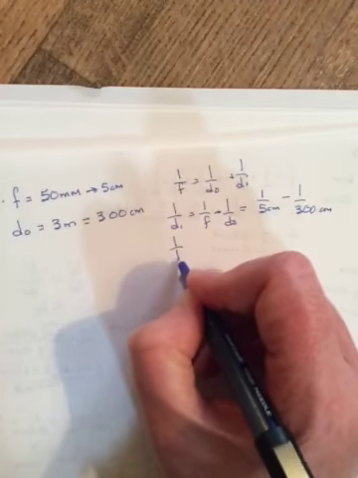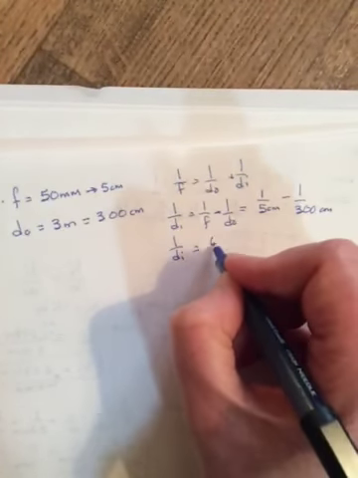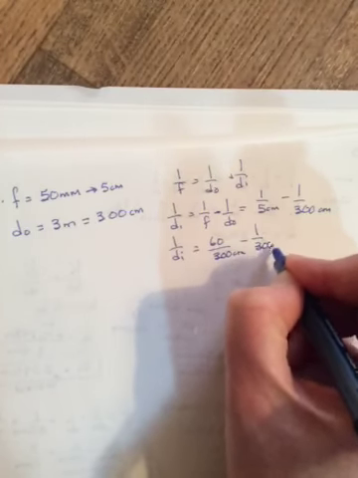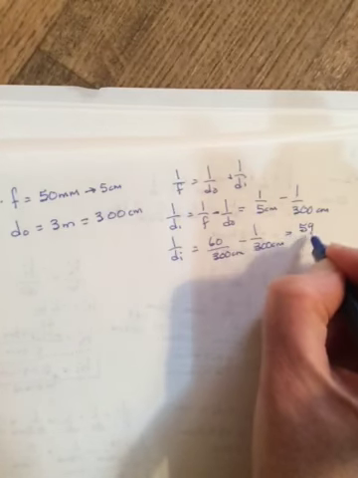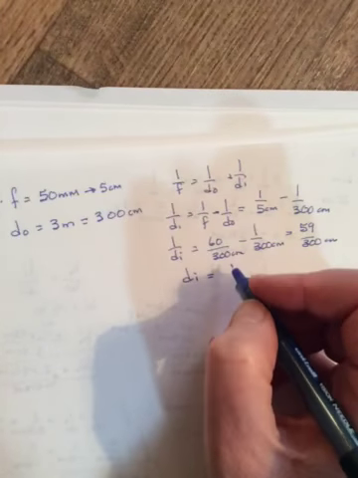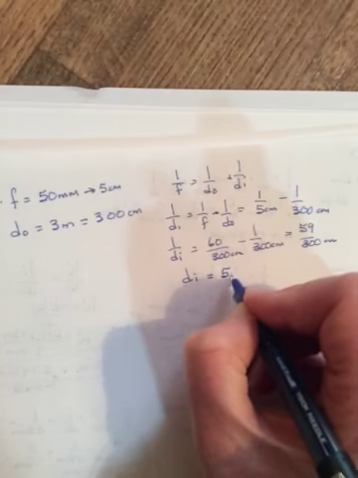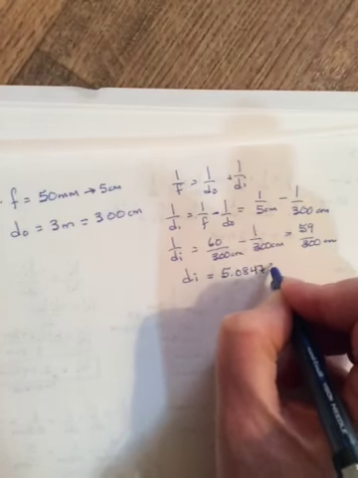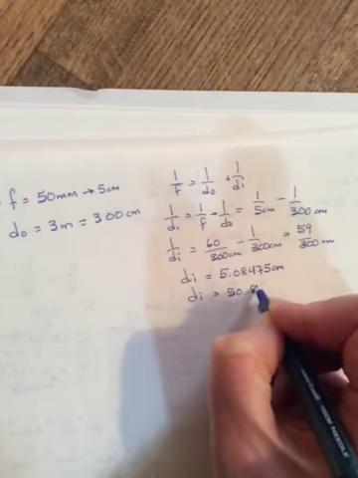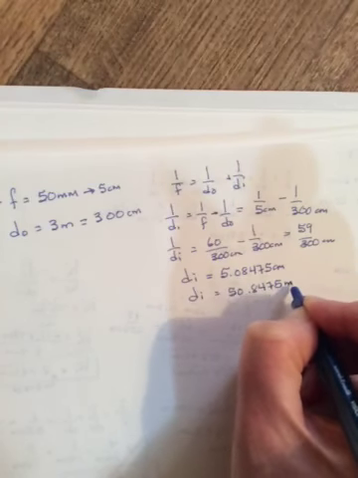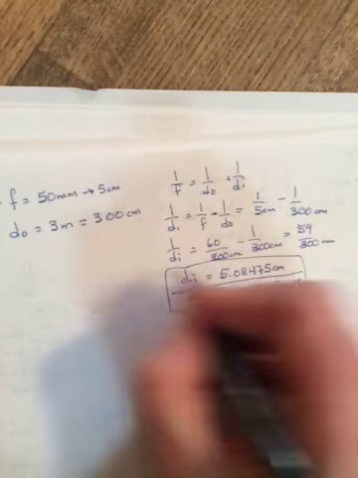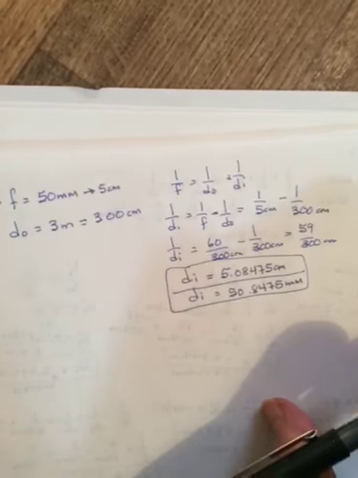Common denominator is 300. So 1 over 5 goes in 60 times, so 60 over 300 minus 1 over 300 is 59 over 300. Flip it, divide, and you should get 5.08475 centimeters. Or if you want, 50.8475 millimeters, which is really close to the focal point, right? So the object is acting like a distant object. Part B says